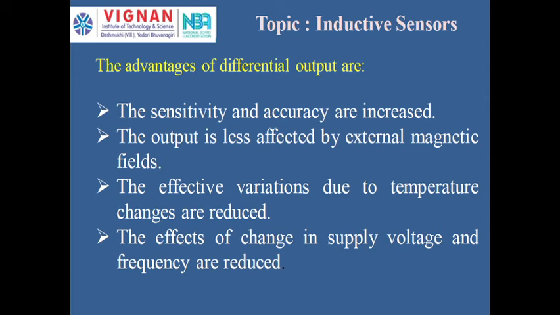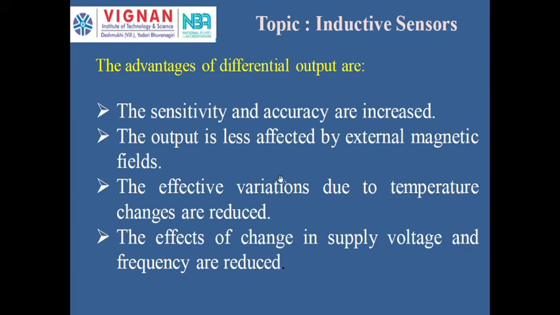So in addition to the displacement of the conducting plate applied in the eddy current, there are also changes in magnetic fields or due to temperature changes, some amount of voltage changed. So the amount of voltage induced or amount of inductance change due to temperature is affected in both the coils the same. Since we are taking the difference, in one case that is increased, in another case decreased, that is having the same effect, that will be nullified. So that is the advantage of using differential output.